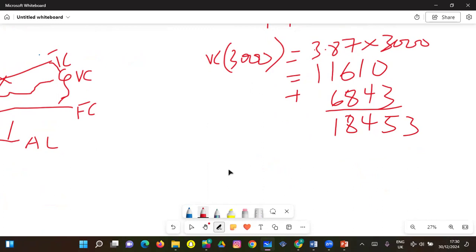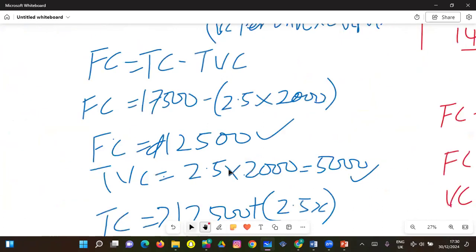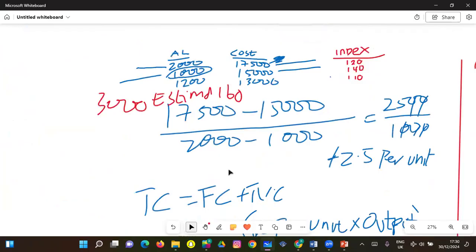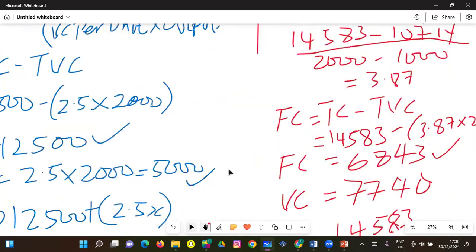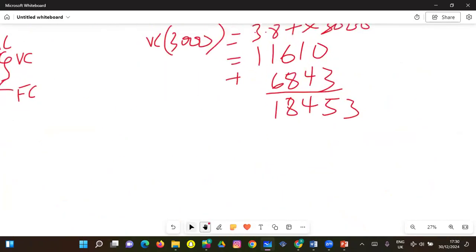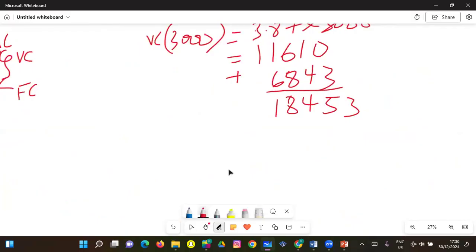3,000 units. But remember that it is estimated that at that time, inflation will be around 160, right? So what we are going to do is this. Now to get our current listing, it's going to be this total cost times 160 over 100. Remember the other one was 100 over the index. Now it is the index over 100, getting to the end. So this is going to give us